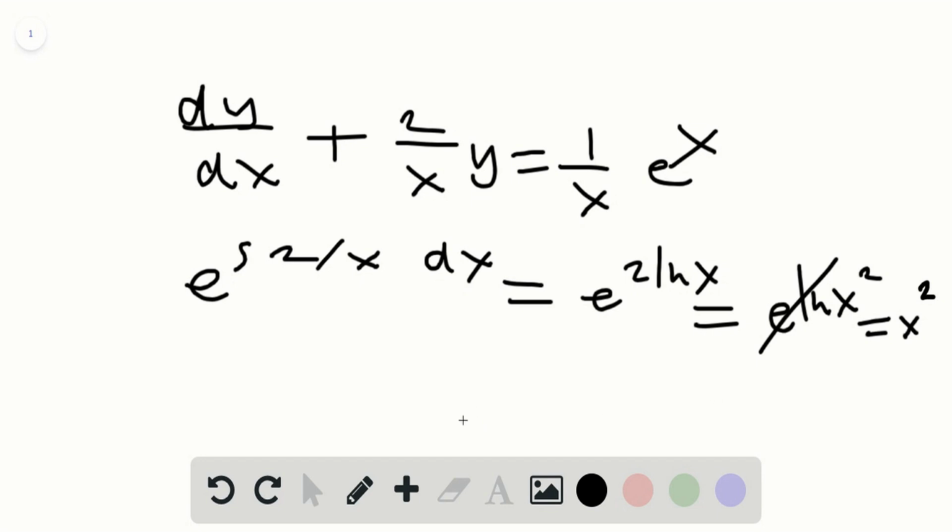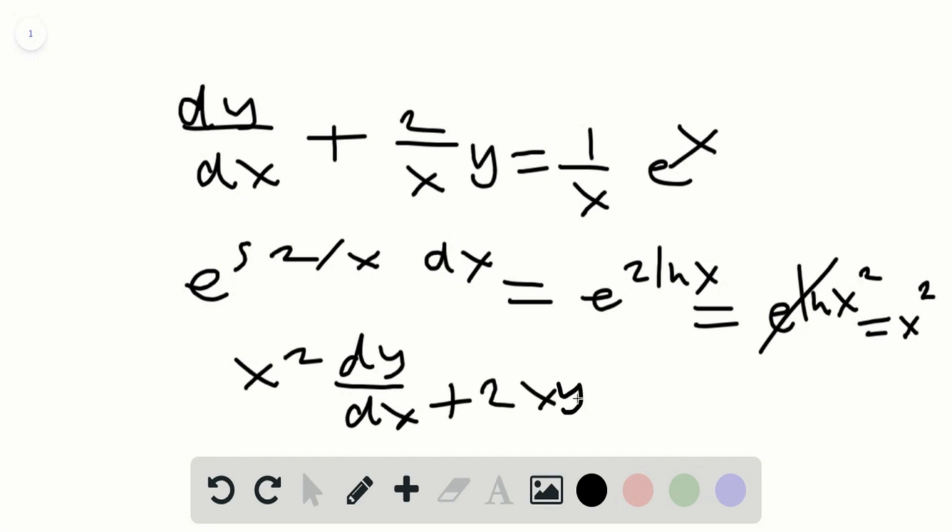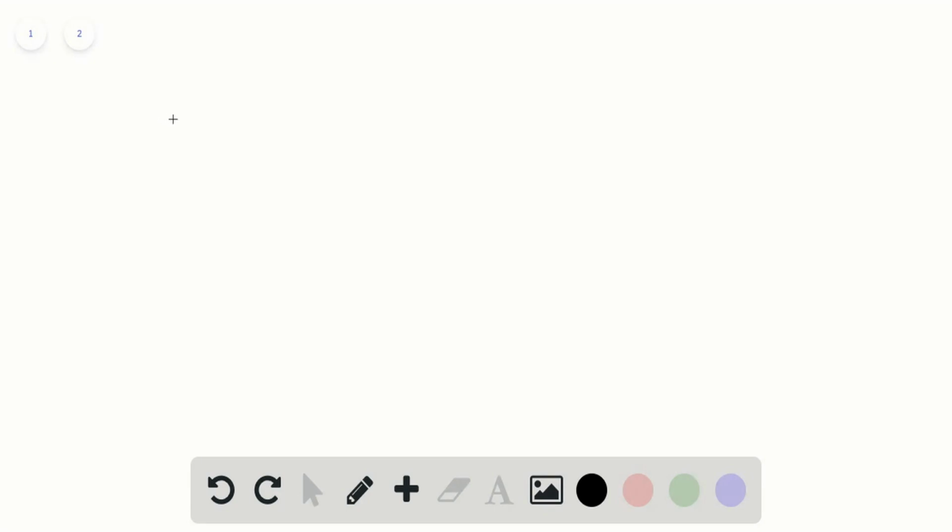Multiply each of the terms of the differential equation by the integrating factor. That's the next step. So I'm doing that right here. We can see that some terms end up canceling. So if you have the same thing on the top and the same thing on the bottom, then you can cancel. Okay, now we know we're going to be using integration by parts, which is a concept in